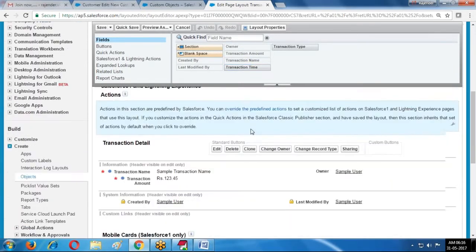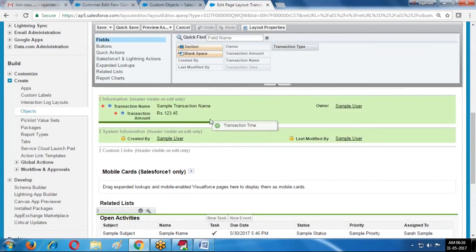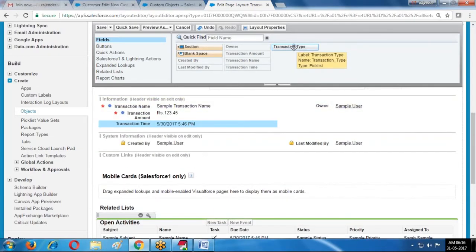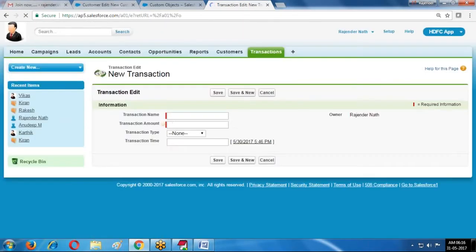Here there are transaction time and transaction type. These two fields are not provided here, so you can select them like this. If I select them, these fields are automatically displayed.